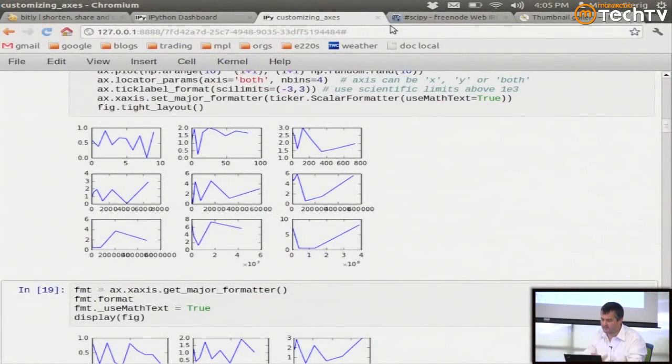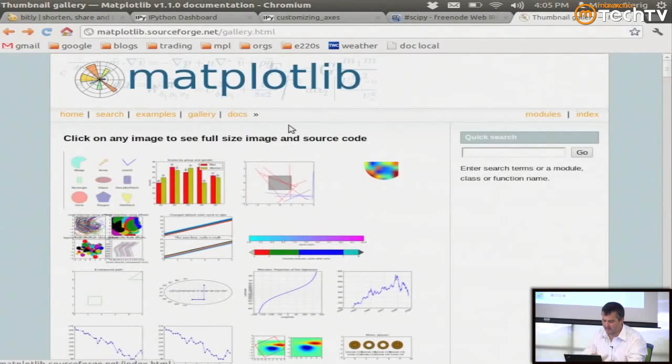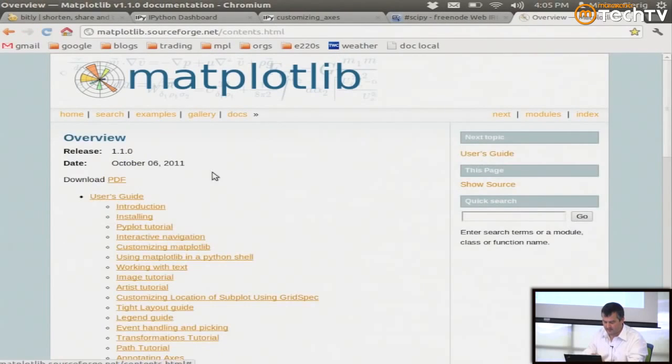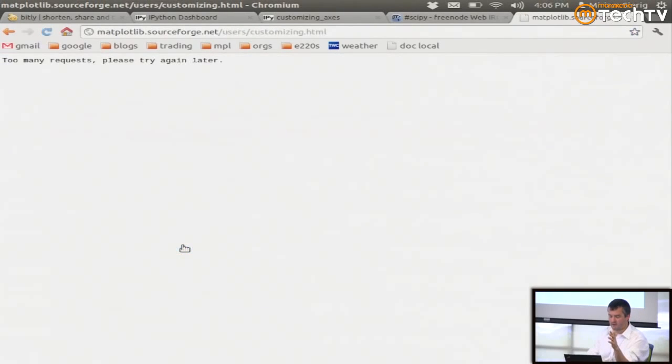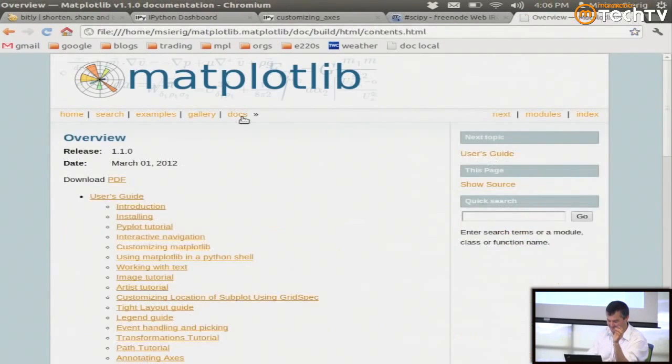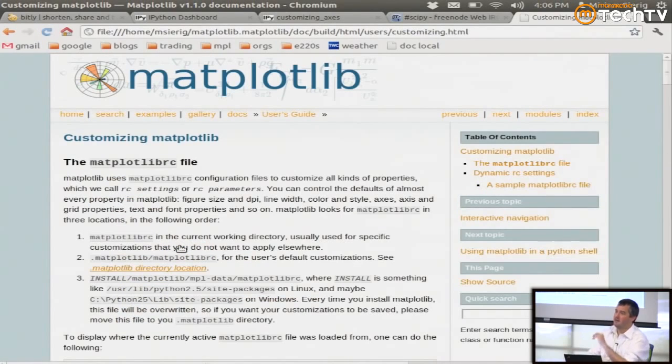and where you would find that on our website would be in the docs section. One of the easiest ways to find it is in the docs section. There's a customizing matplotlib section, and that tells you, okay, I have you now, Luke Skywalker. Okay, so this is just my local build tree of the docs. This tells you about the matplotlib RC file, which is what we're about to talk about,